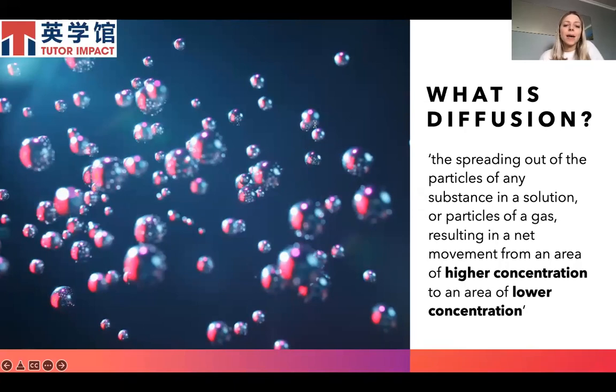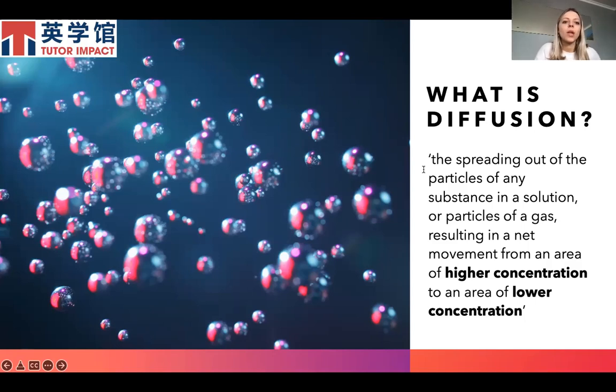So the generally accepted definition of diffusion, as you can see on the screen, is the spreading out of particles of any substance in a solution or particles of a gas, resulting in a net movement from an area of higher concentration to an area of lower concentration. And the key part here is moving from a higher concentration to a lower concentration. So it's basically just the movement of substances from an area where they're really concentrated to where they're more spread